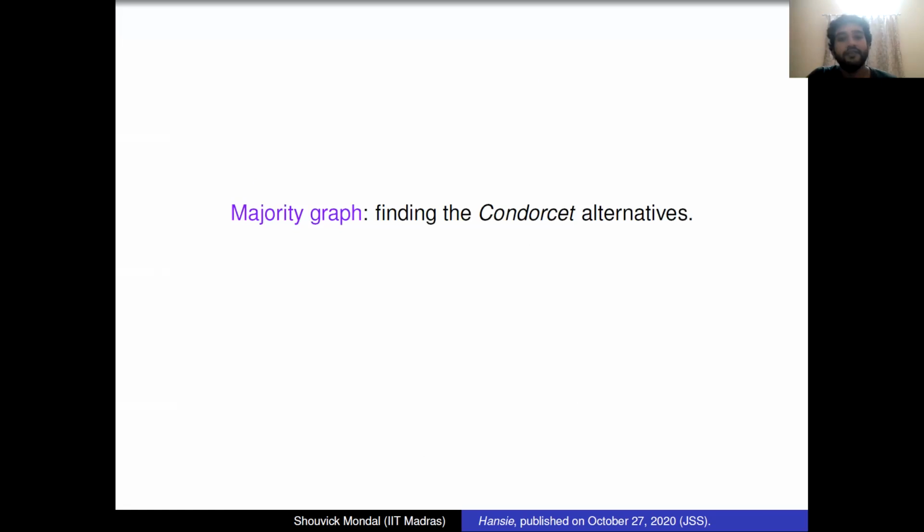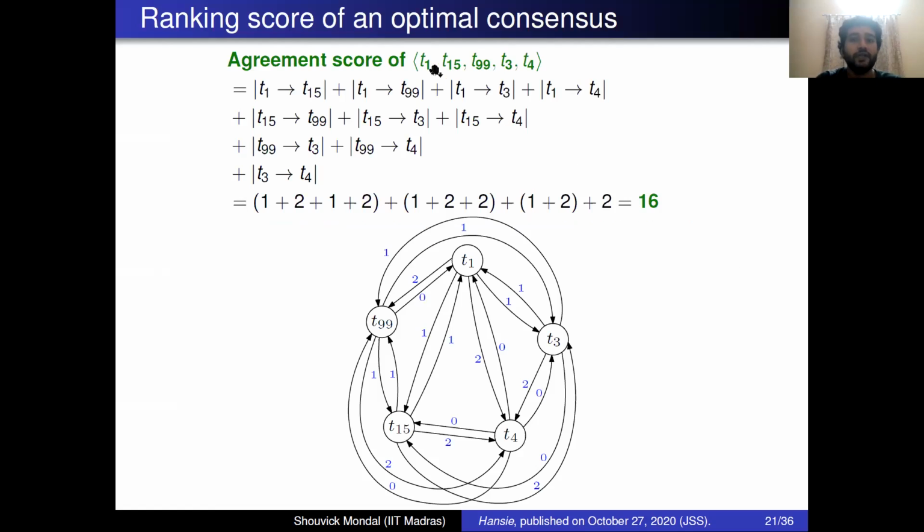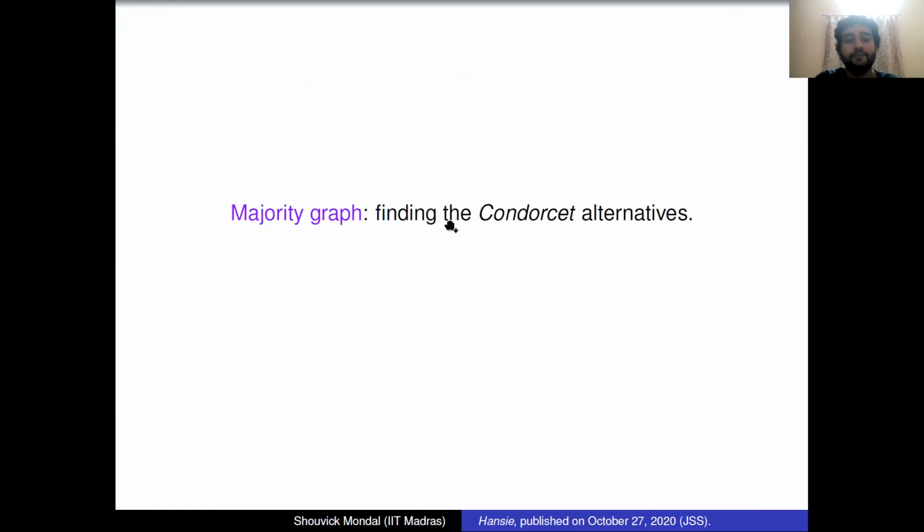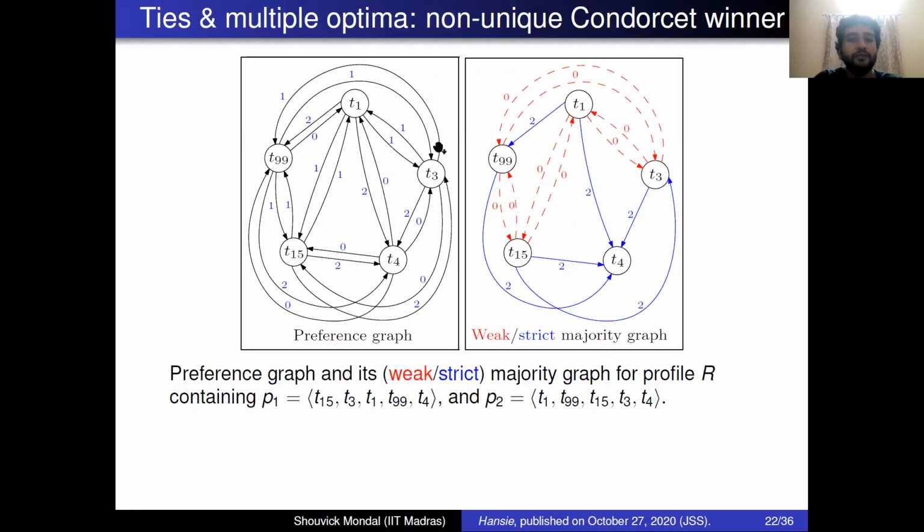Now we want to find the majority graph, because we want to find the Condorcet alternatives. So here we have T1, T4. These are all Condorcet alternatives. The Condorcet winner is T1 because it is the most preferred, and the Condorcet loser is T4. Now how the other Condorcet alternatives find their positions is based on a calculation involving a majority graph. The majority graph is obtained from the